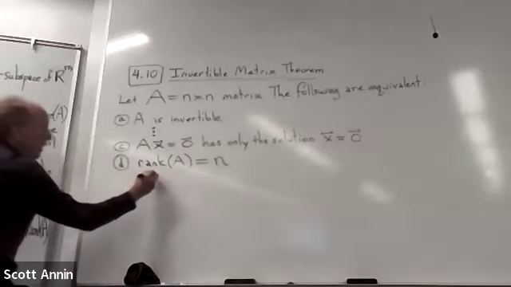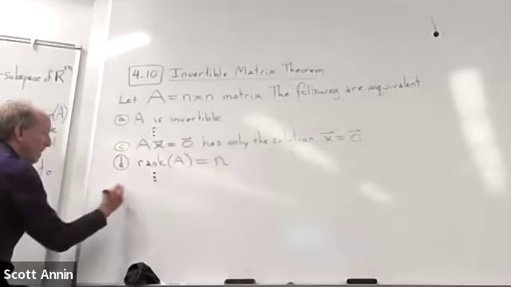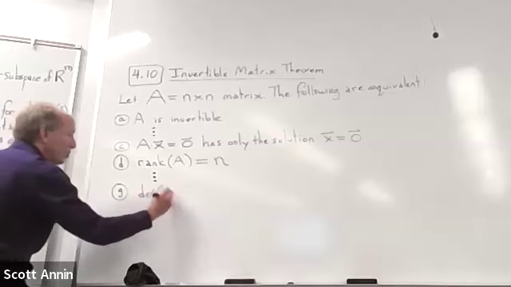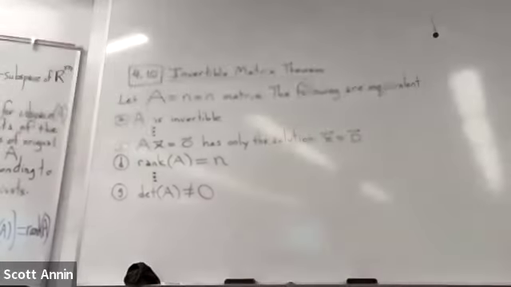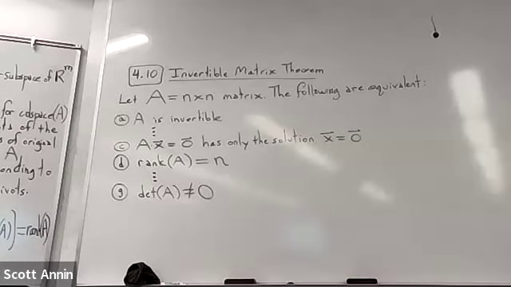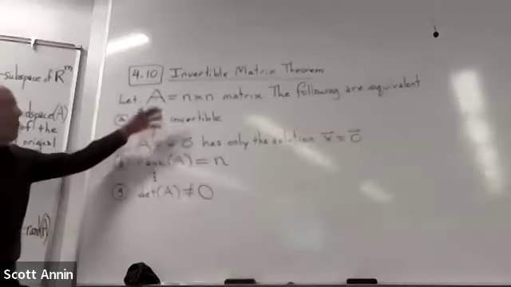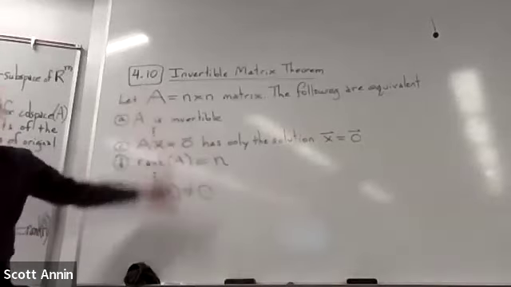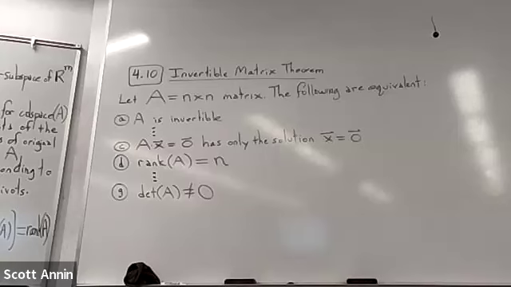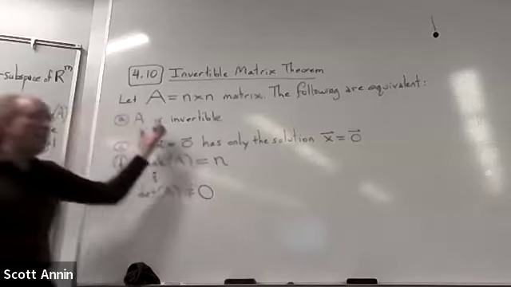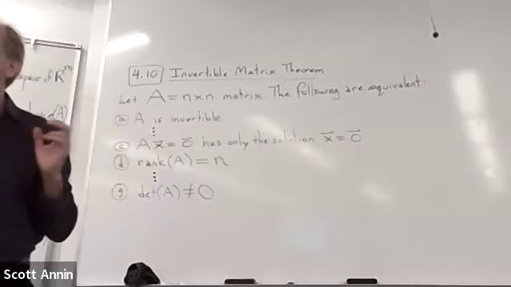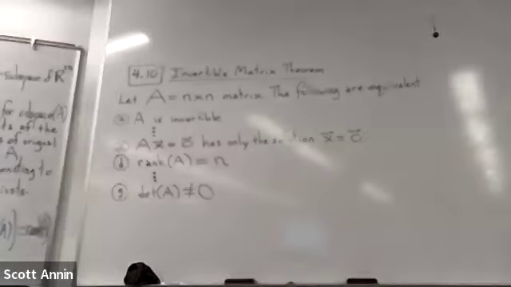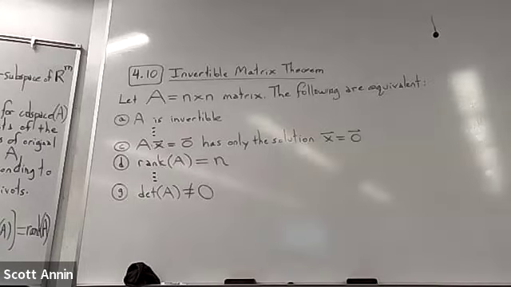And then we go down the line a ways. We had done G. I think that's where we left off. G was just that the determinant of A is not 0. So everything that we have written down about this theorem before is kind of some of the highlights from this theorem. Remember, for a given matrix, all of these things are true about that matrix, or they're all not true about that matrix. And what I would like to do right now is add H, I, J, K, L, M, N,